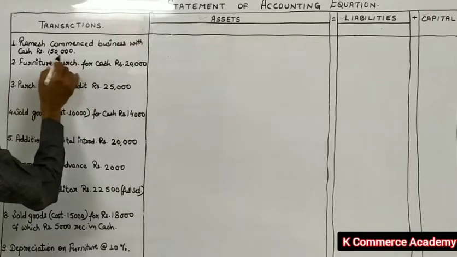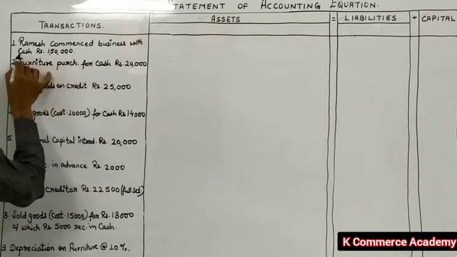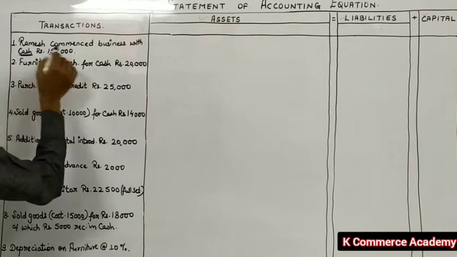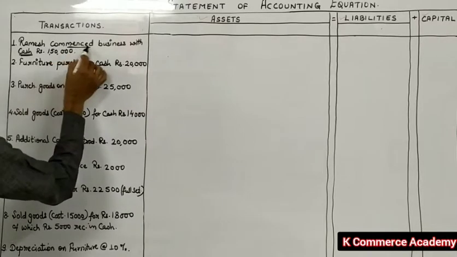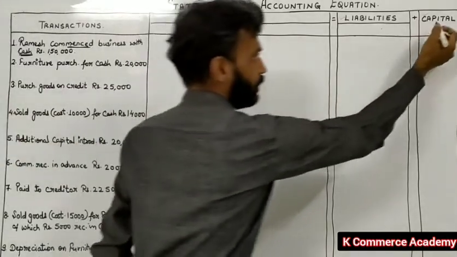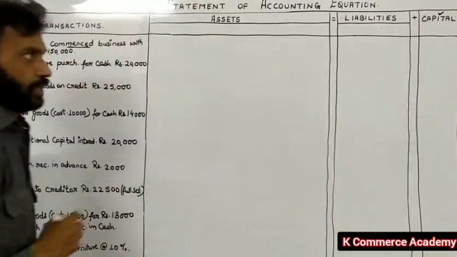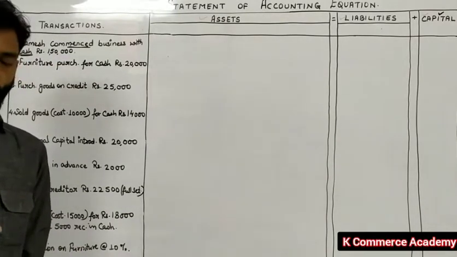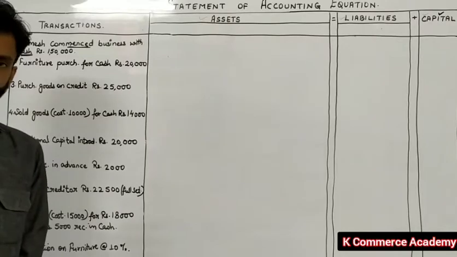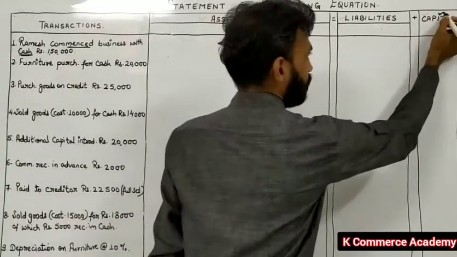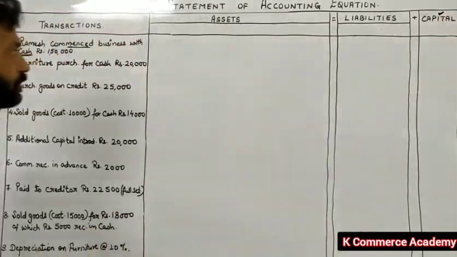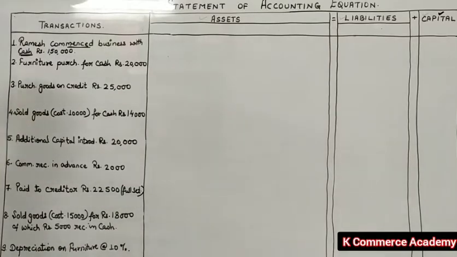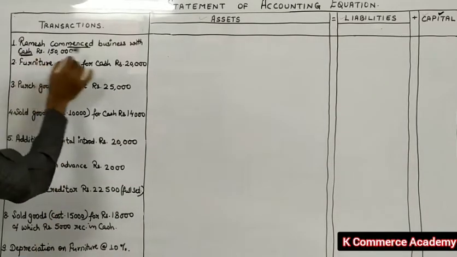So here two accounts will be affected. One is the cash account. Another one is where the business has been commenced. So it will give birth to capital. So whenever you get a transaction of the nature that is commenced business or started business, then it will be giving birth to capital. So what will be the accounting treatment of this first transaction, that is commenced business with